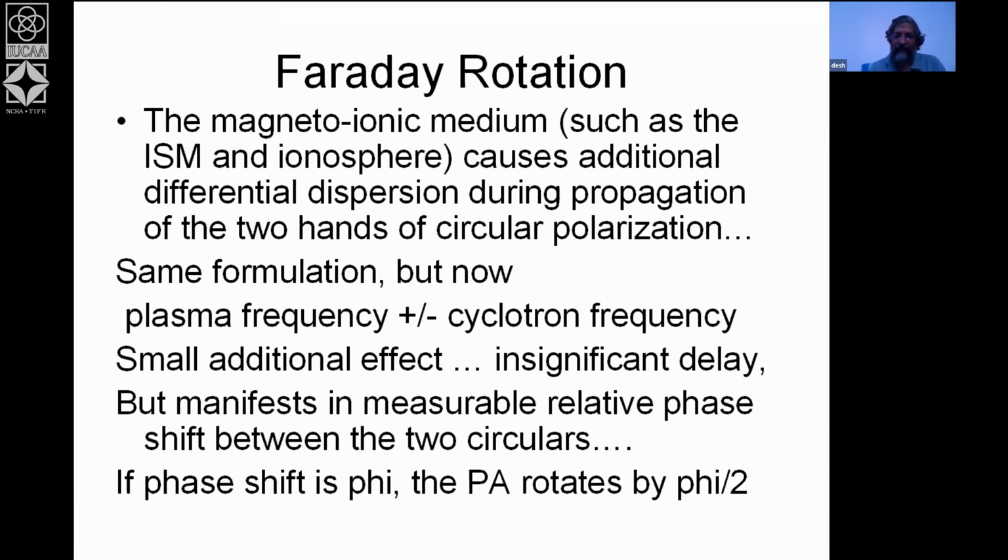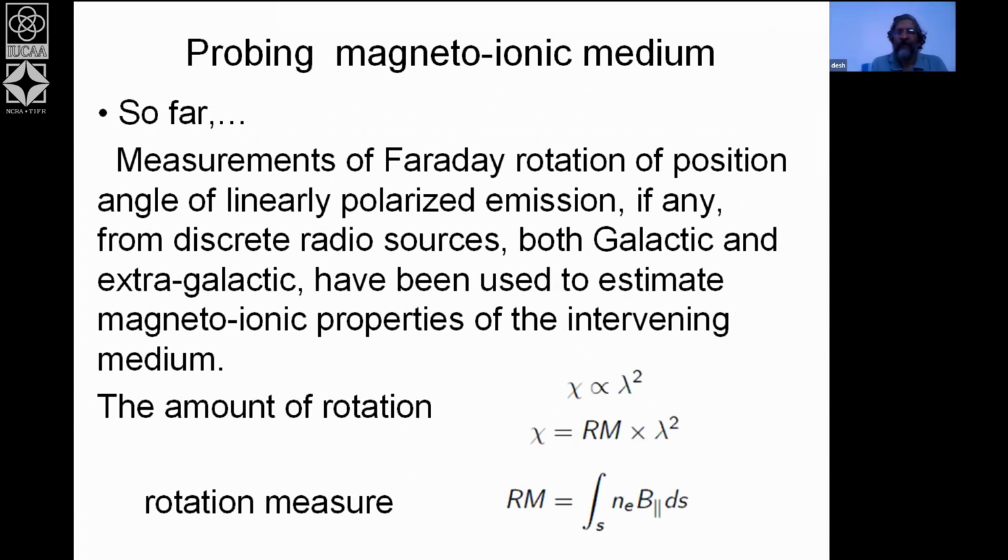between the two circulars. So much the same way the dispersion changes depending on the frequency as nu to the power minus 2, something that you derived yesterday, you will find this rotation also changes the same way. It depends on frequency to the power -2, which more conveniently is written here in terms of wavelength, and it's proportional to lambda square. And you will find that the amount of change proportional to lambda square is also accompanied